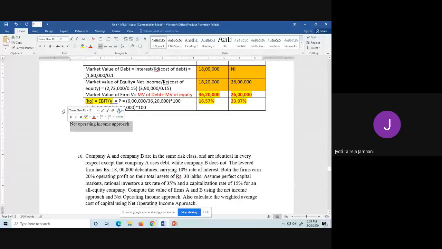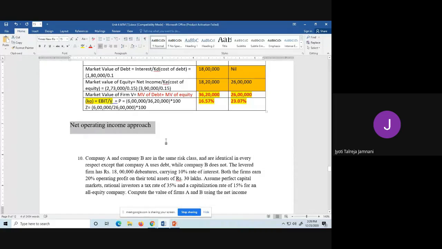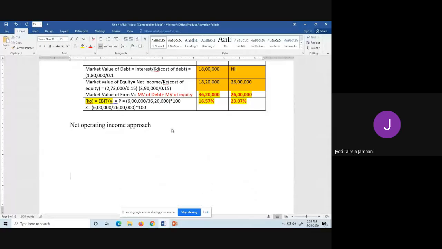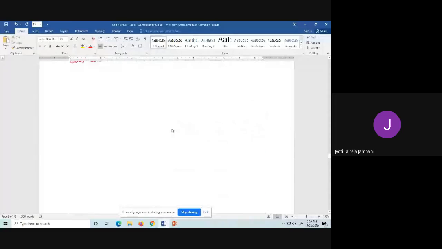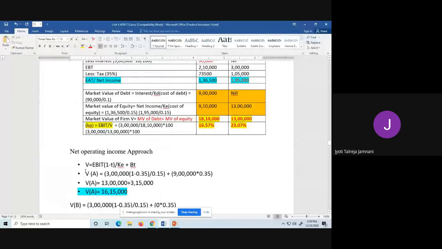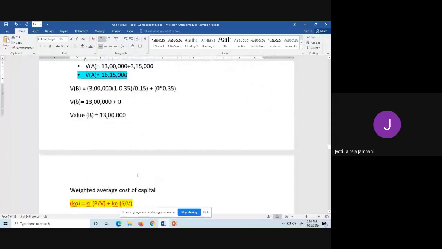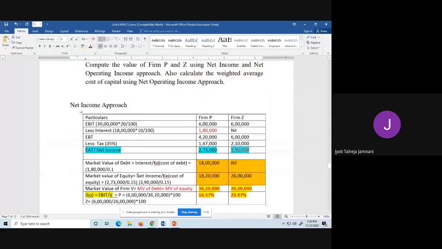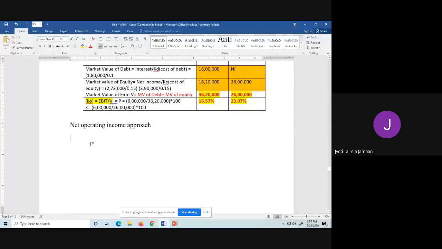The net operating income approach is based on formulas. So the tax rate is given, therefore we will use the formula to find the value which has the tax rate in it. So value, then tax rate is given. So we'll do it for firm P first. Value is equal to